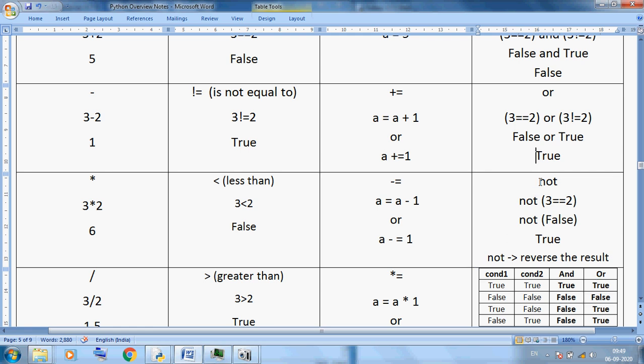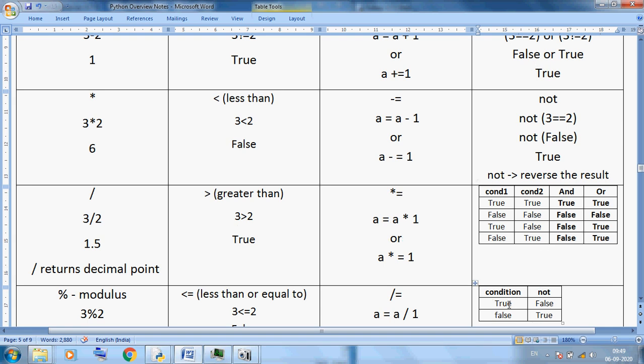Now finally our third logical operator is NOT. This is a very simple thing. Suppose this is our condition, 3 equal 2, so we know this is false. But before it there is a NOT, so false converts into true, because NOT reverses the output, so finally it is true. So you can see if one condition is false, NOT will create true. Again I am telling, this is our condition 3 equal 2, which is false, but before it there is NOT, so NOT reverses this result and finally we get true.